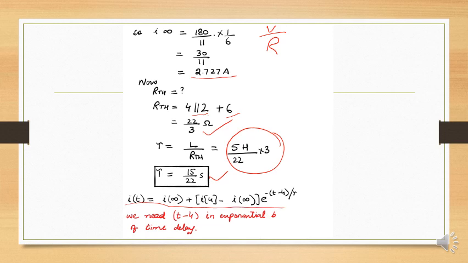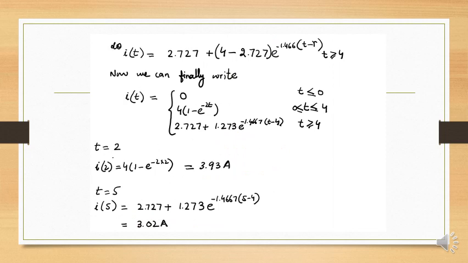In this case, we are not dealing with 0. Our range is for t greater than 4. Its lower range was 4, right? So instead of I of 0, I am writing I of 4, which I found out in my previous slide. Putting all those values, and as I am having a t naught that is 4, I have to put minus 4 in the exponential. This is the second formula which I derived for the inductor for t naught. After putting all these values, I got this result.